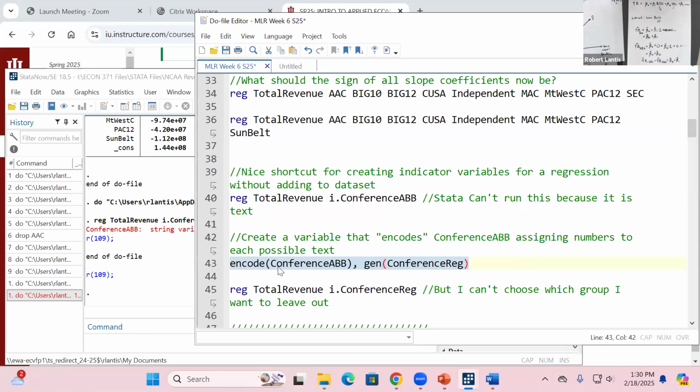So you first put what variable you want to encode. It's going to be the variable that's text, because I can't use text with this i. command. I need to change this to numbers. So I'm going to encode that original variable and generate a new variable, which I'll be able to use in my regression, that replaces that line of text with a number. So if I run this encode command,